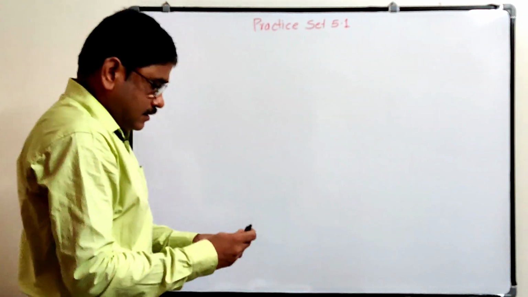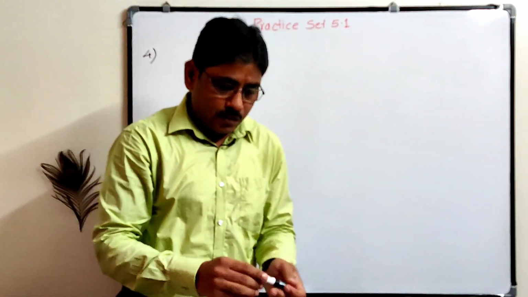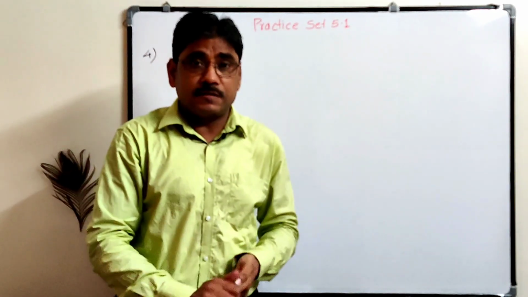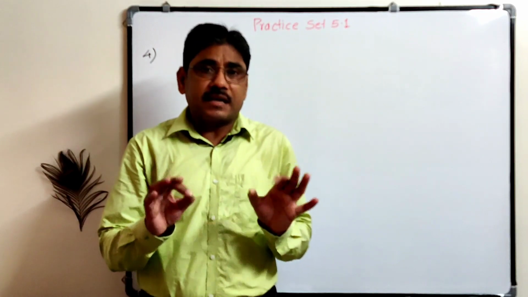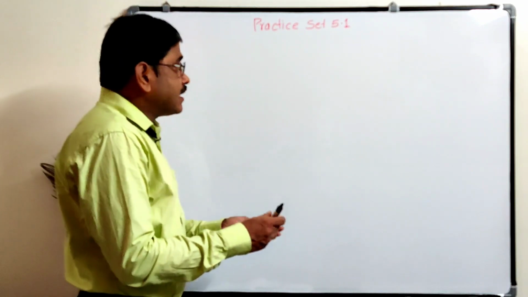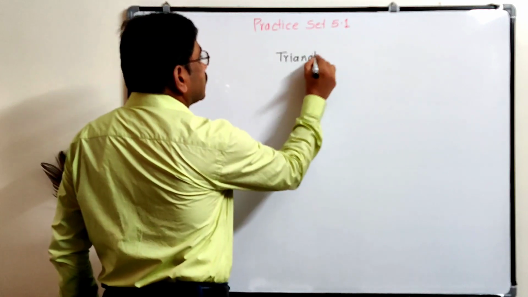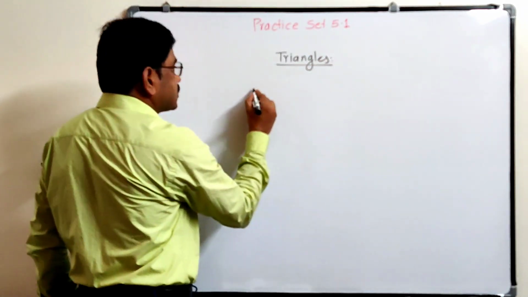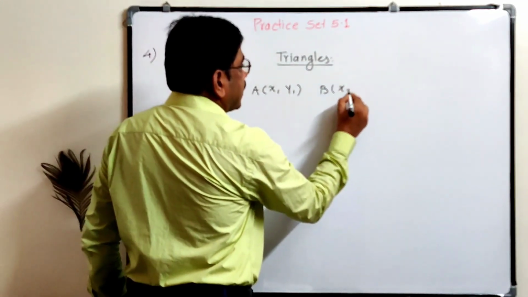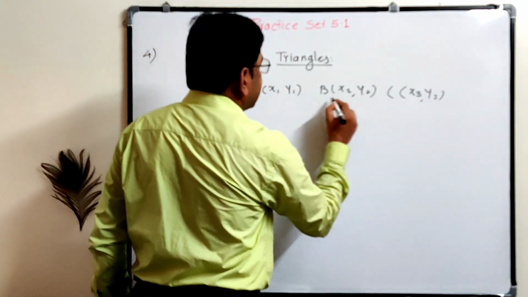Now let us see that fourth sum. Verify that. Now fourth, fifth, sixth, all sums are the same sums. Only the conditions are different. So I am telling some conditions. Whenever 3 points are given, A, B, C, suppose here triangles. First we think about the triangles. Show triangles. I am given some 3 points: A x1, y1, B x2, y2 and C x3, y3. Any 3 points are given to me.